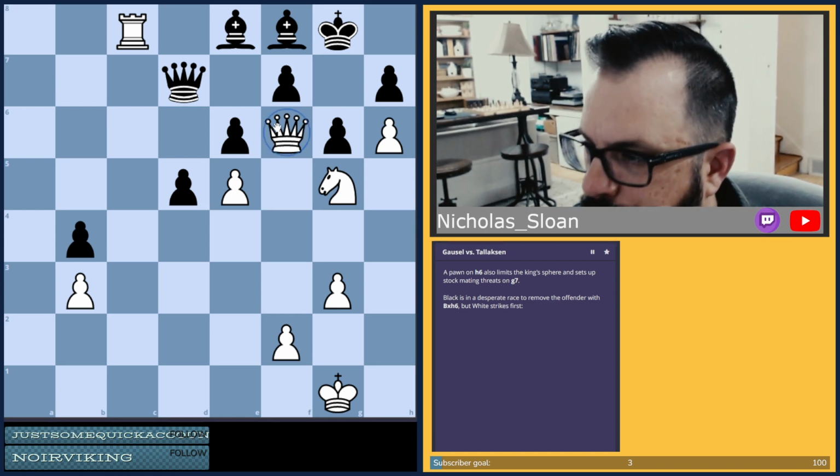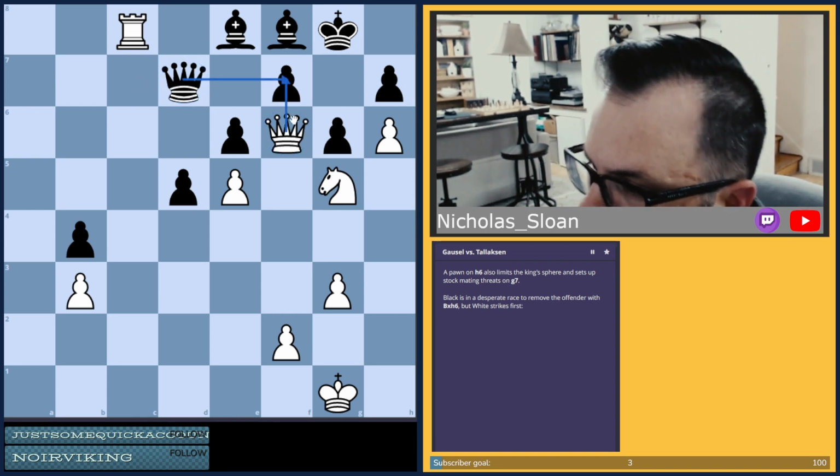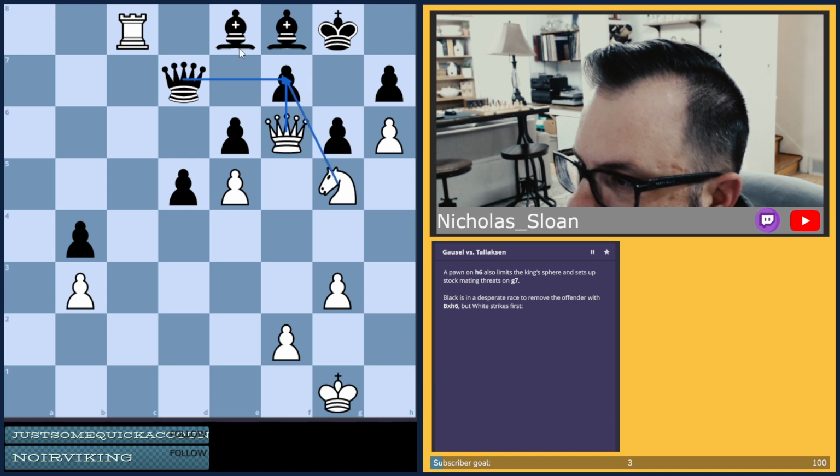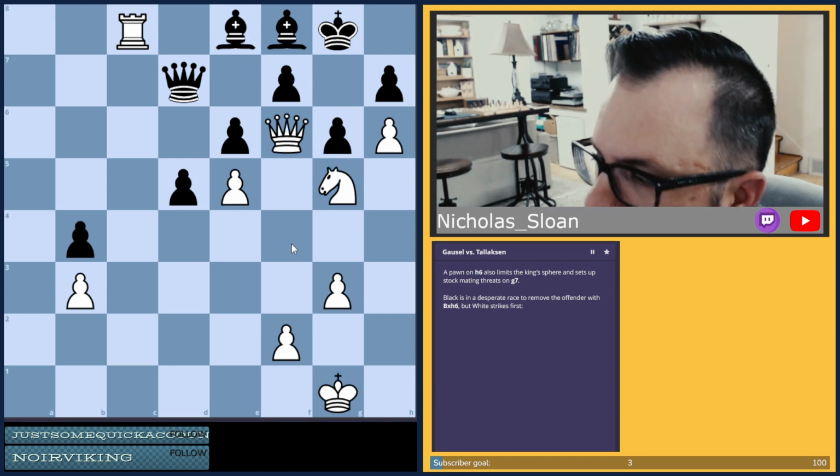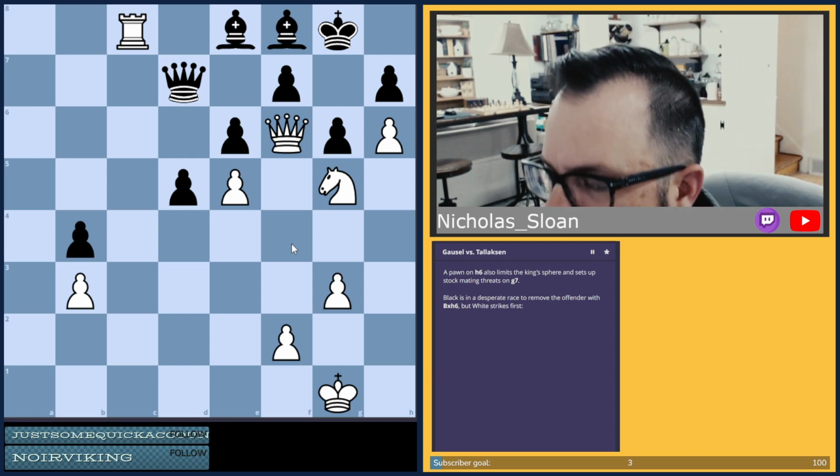None of that works. If we go here, he takes here, here, here, and we're two pieces for a rook. That doesn't work. We've just lost a knight.